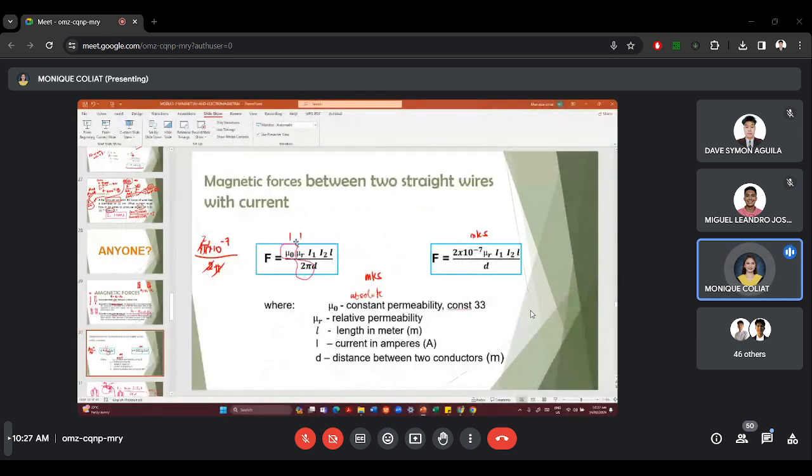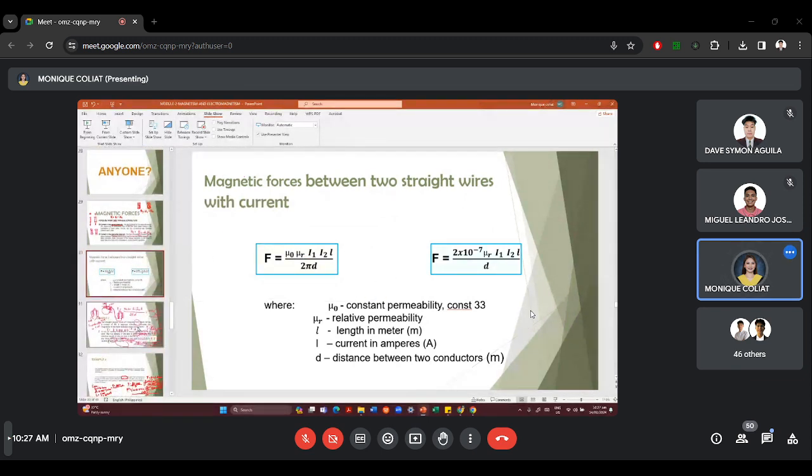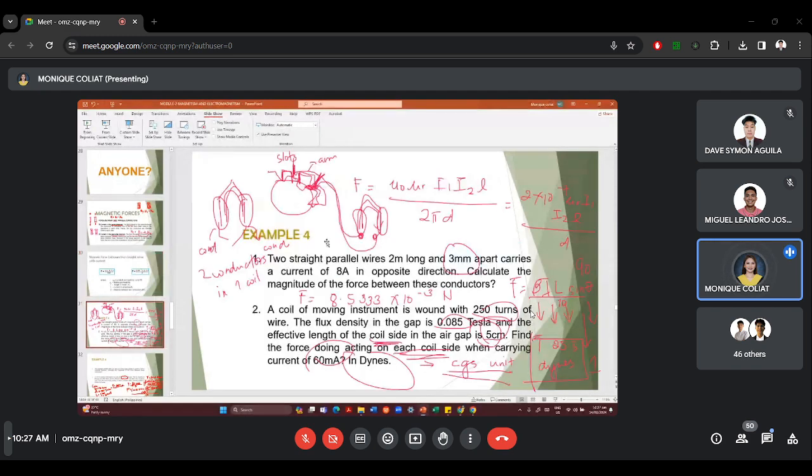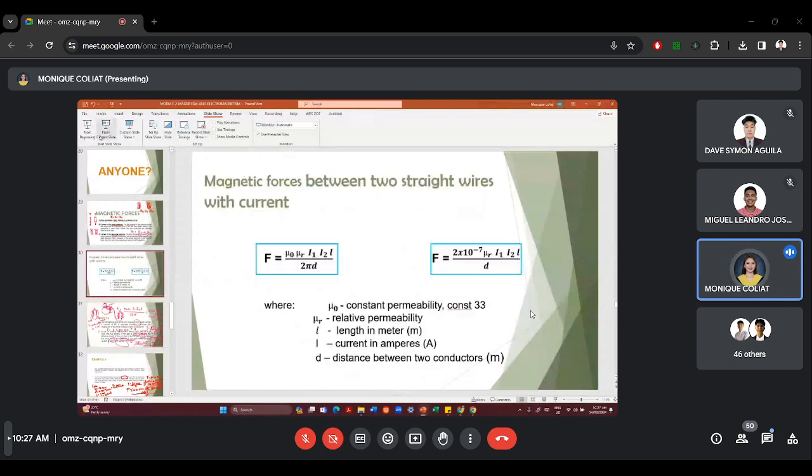Tatanggalin ko na yung mga sulat-sulat. So that is our samples of materials. We have rubber, glass, diamond,